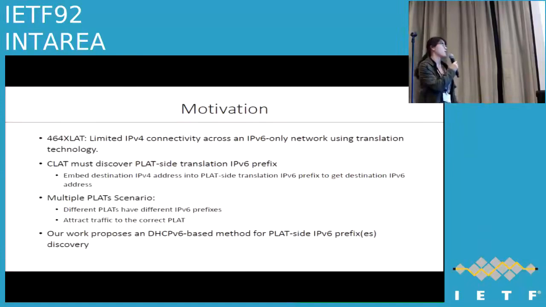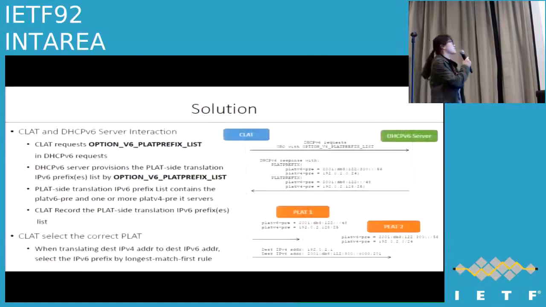And the solution is shown as a figure. First is the CLAT and DHCPv6 server interaction. The CLAT requests the PLAT prefix list option in the DHCPv6 request, and then the DHCPv6 server provisions the PLAT-side translation IPv6 prefix list by the option, and then in the list the PLAT IPv6 prefix and one or more PLAT